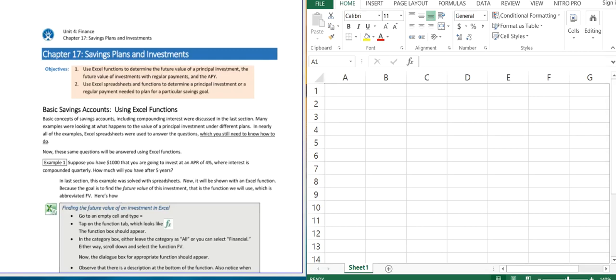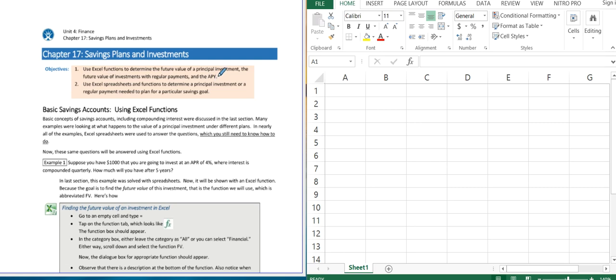So we're going to continue to talk about finance, in particular savings. The first thing we're going to do, we have a couple of objectives. The first one that I'm going to talk about in this video is simply how we're going to use the Excel functions, in particular the FV and the effect function, in order to determine what we were doing with Excel spreadsheets last time. So to determine the future value of some investments, and also to determine what the annual percentage